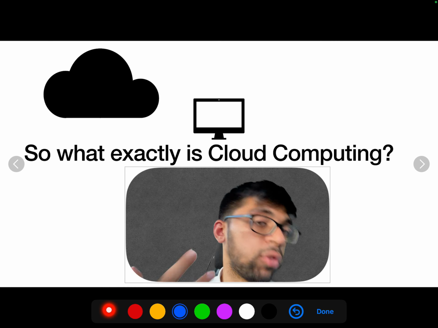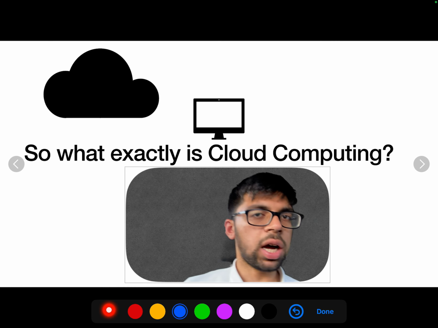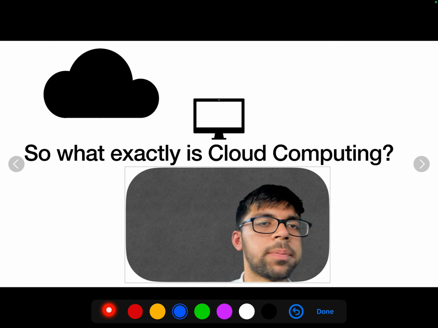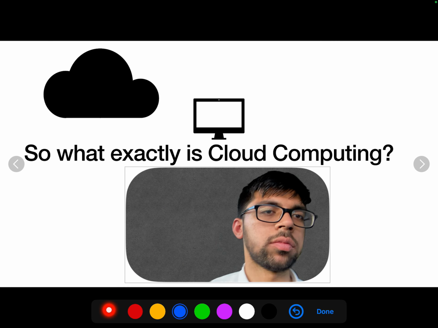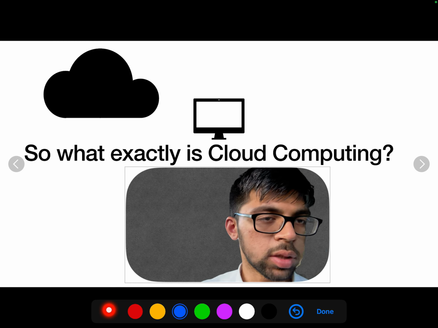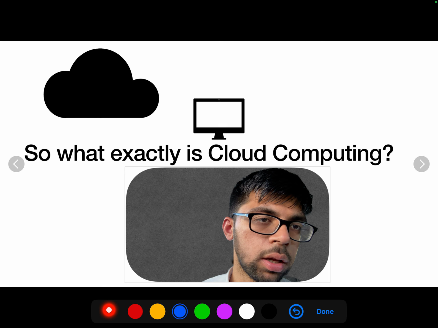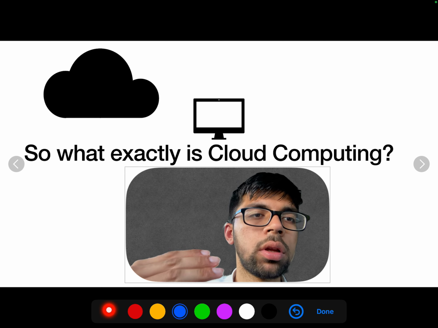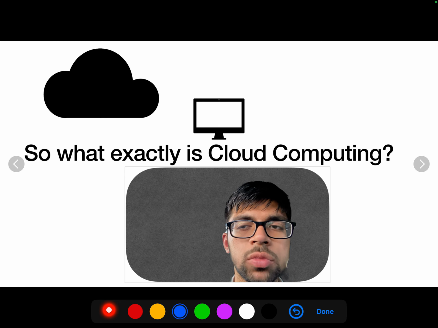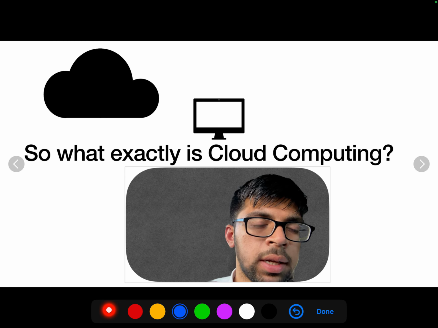If you were to lose your phone, you still have your photos because they're in the cloud. But obviously that doesn't mean literally the cloud. Cloud is more of a metaphorical term to mean a remote location where your data is being stored,